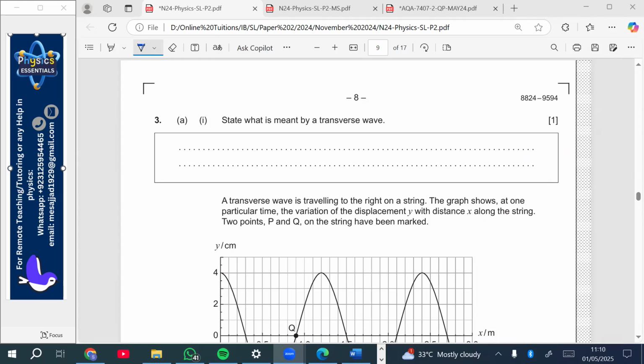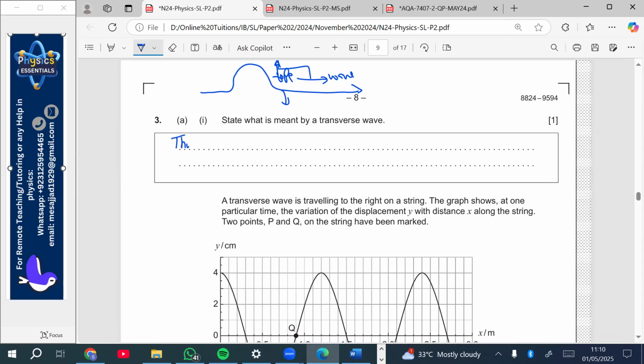Okay, now state what is meant by a transverse wave. So, for example, you have a rope and the wave is moving this way, and your rope is moving up and down, but the wave is moving right. What does it mean? The rope is your medium, and the wave is moving forward. So you will say that